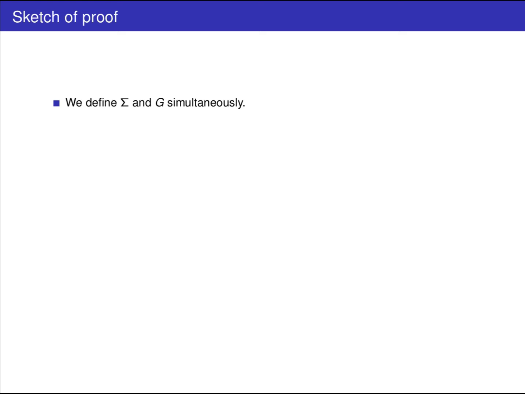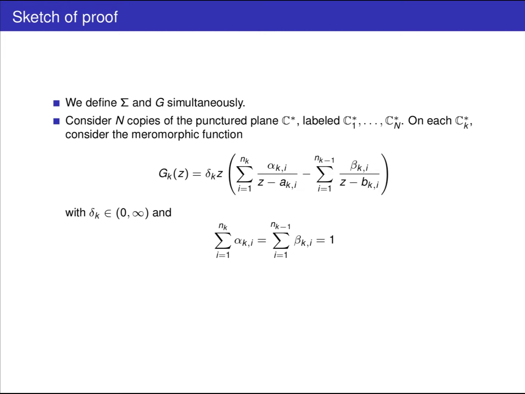So let's go through a sketch of the proof. We define our domain sigma and the Gauss map G simultaneously. Consider capital N copies of the punctured plane C star, labeled C_1 star up through C_N star. On each C_k star, we'll consider the meromorphic function g_k(z) equal to